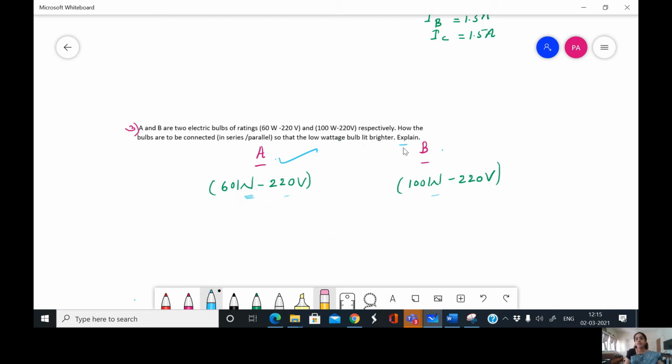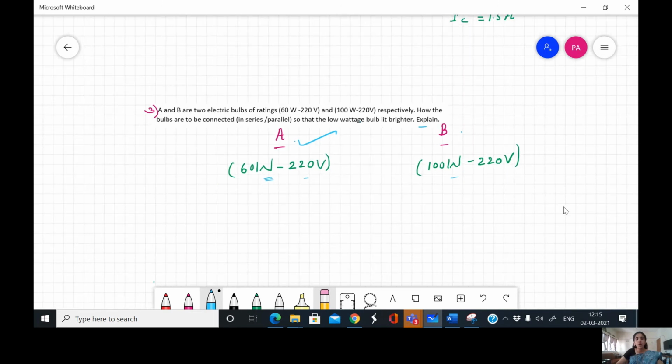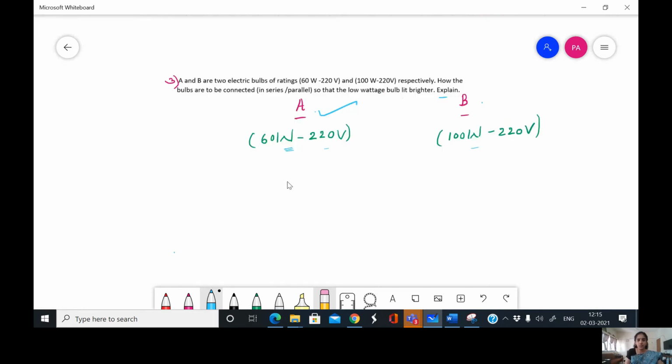And explain that. So we know that they are to be connected in series as we discussed in the previous video, but how to write it? So we will go to that. Let us write the equation first: P is equal to V square by R. Why do we take this equation? Because as I told, we are given the ratings. From the ratings, we can find the resistance of the bulb. It is the resistance which helps us to understand the amount of current flowing through the appliances as well as the work done by them.